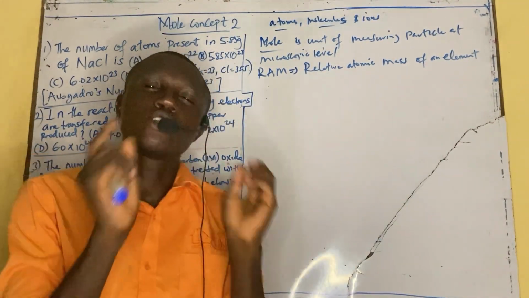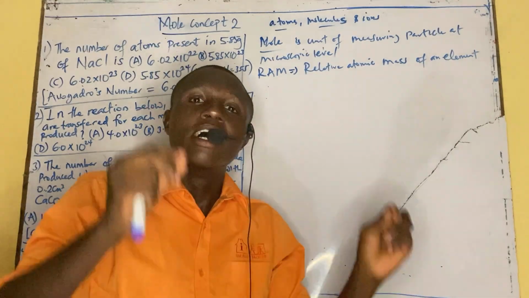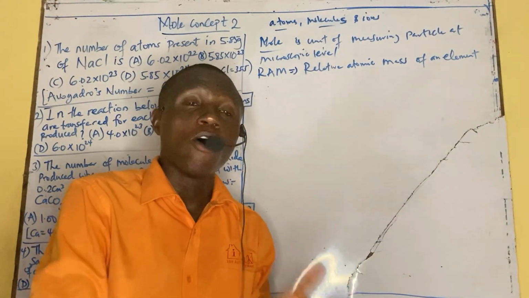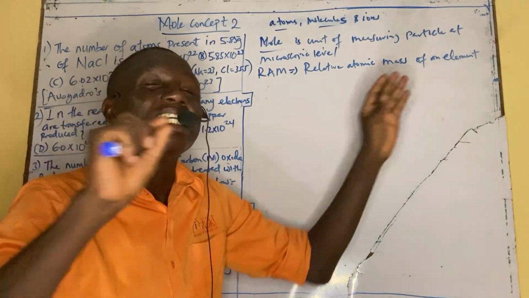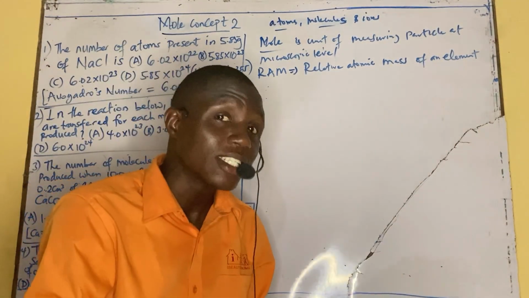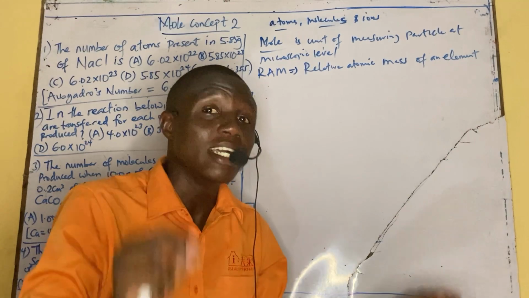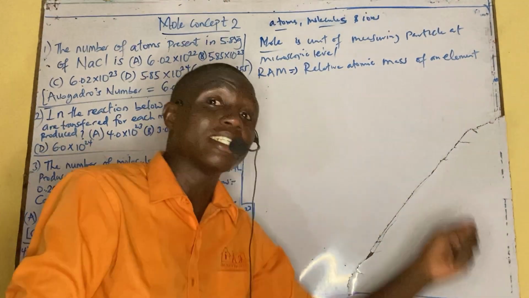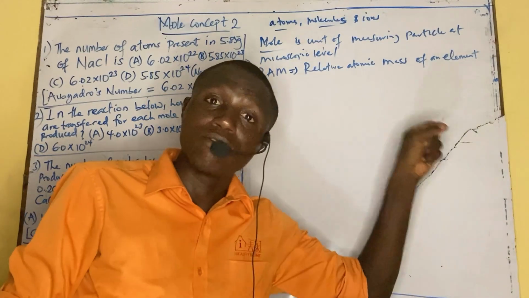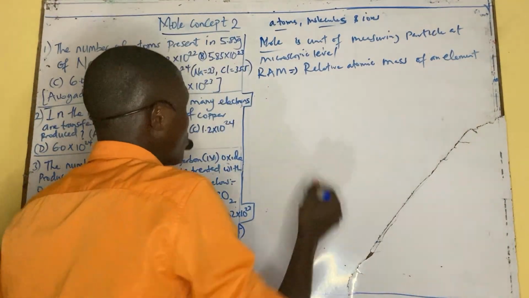But in a simple statement to avoid controversy, the relative atomic mass of an element is simply the weight of that element. That is the weight of the atom of that element. For instance, if you consider, for example,